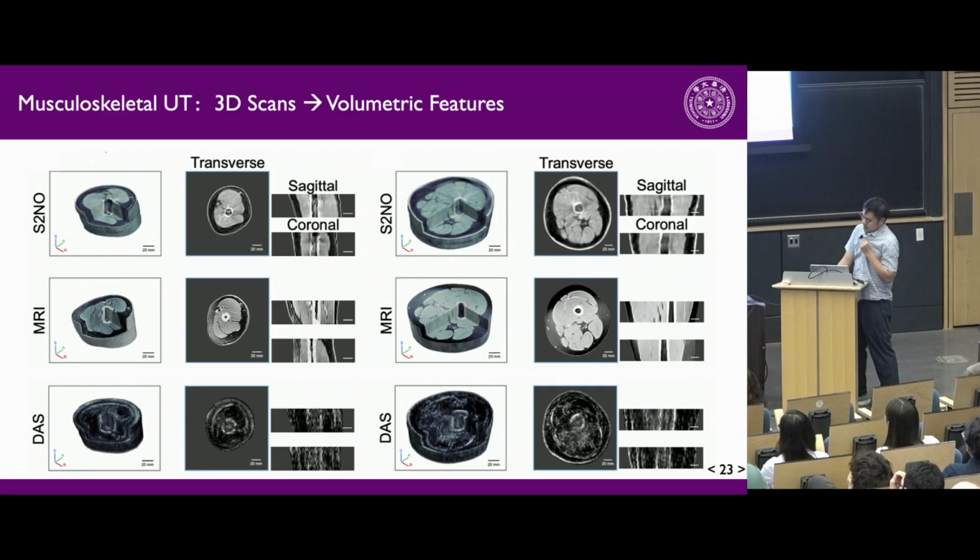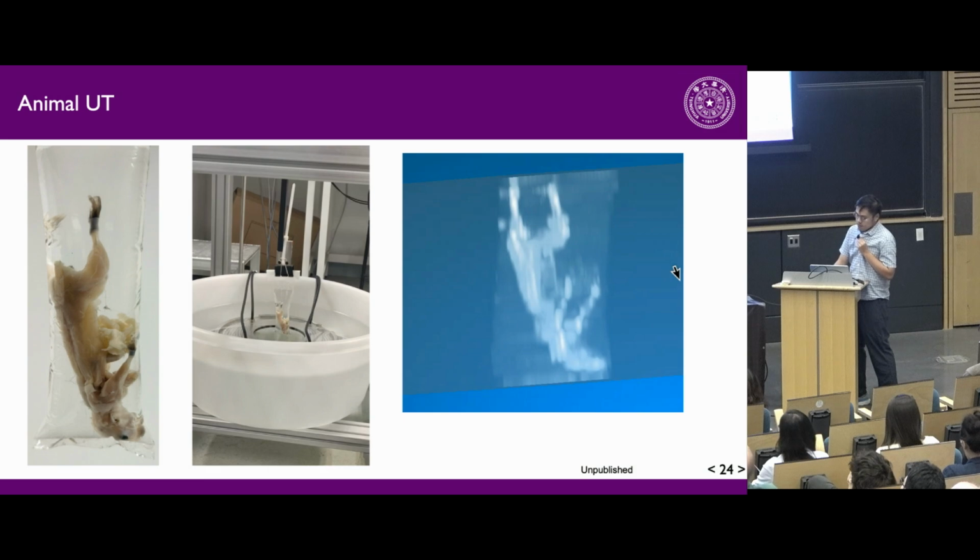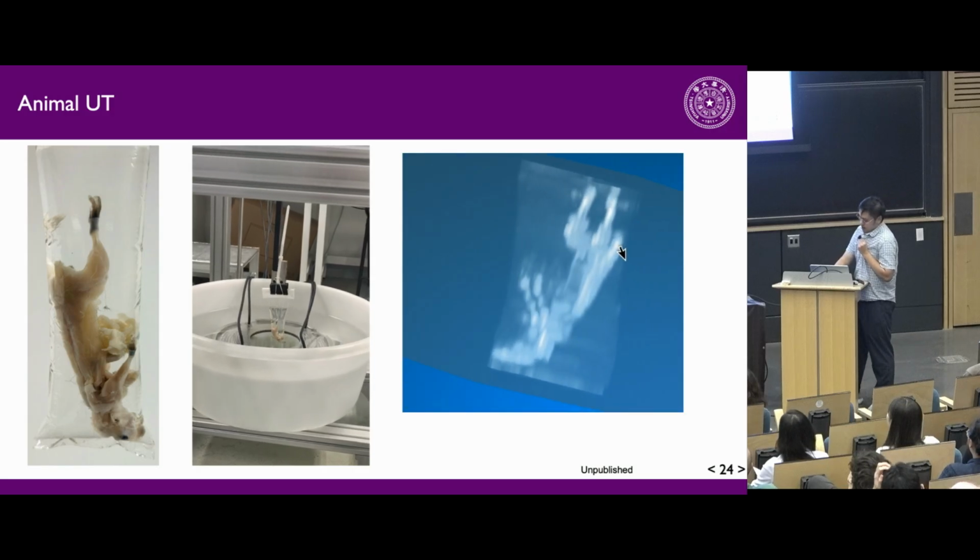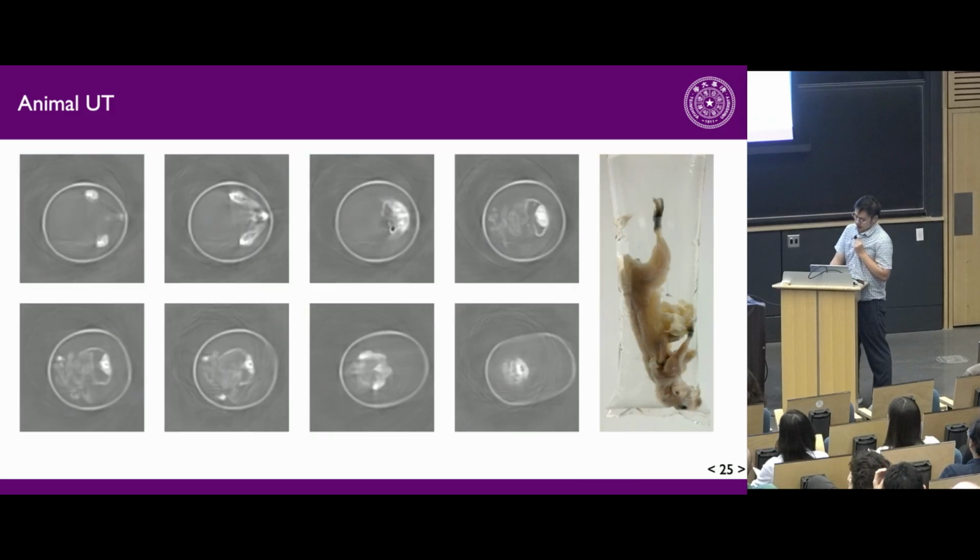And this is the 3D orthogonal views of another volunteer's legs and arms. And finally, we're also scaling our system down to small animal imaging that supports biological research. So here is our setup scanning a mouse. And these are results of whole body mouse imaging where we resolve internal organ structure with high contrast, opening doors for preclinical drug discovery.